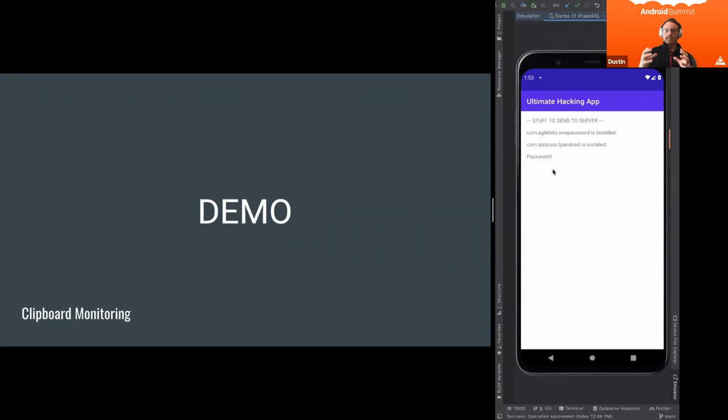So basically, clipboard monitoring is essentially any app could register to listen to the clipboard manager, the clipboard monitor, the clipboard service, there we go. And they could assign a listener to it. And literally, if they just launched the service and did that, they could listen to anytime anything was entered onto